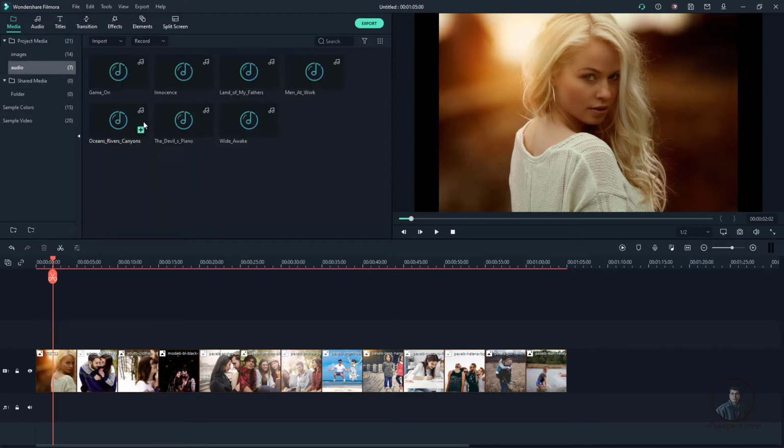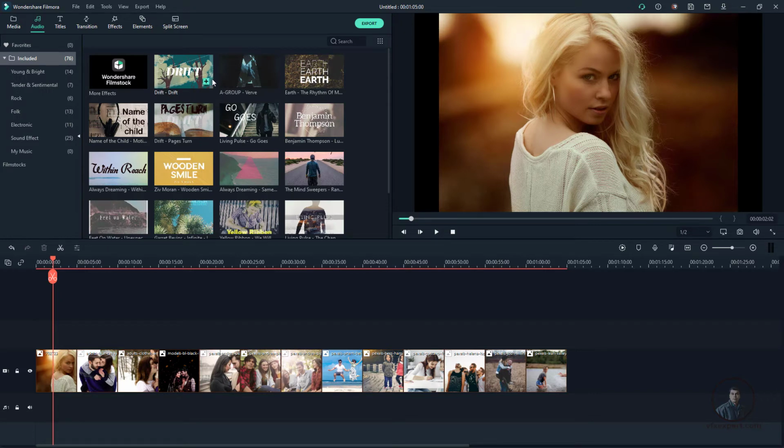Here you can use your own music which you have imported in Filmora, or if you look here, some options are here. This one is audio. These are inbuilt audio given in Filmora. If you have already installed this audio, then you can use it directly, or you can download it first. If you have not installed these effects, then you will see one download option here. With the help of the download option you can download directly from the Filmora website. Then you can drag and drop it into our timeline. Here I have already installed these presets or effects, so I can use them directly. If you want, you can drag and drop here.